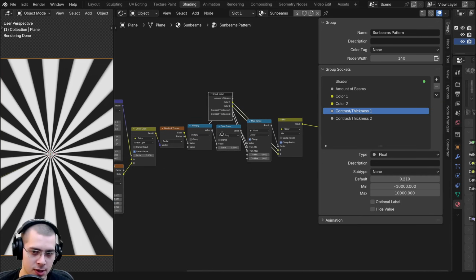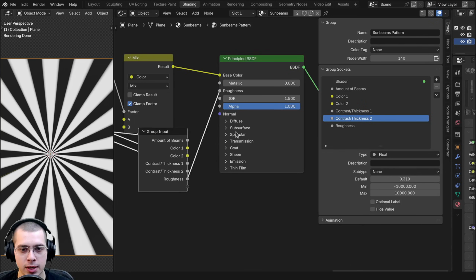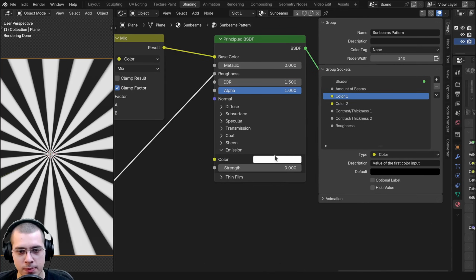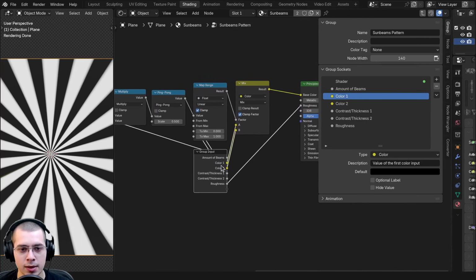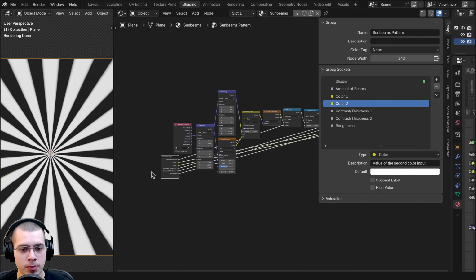Then I want to control the roughness of the material, so let's drag the group input over here, and I can put the roughness into the extra socket. And if you wanted to, you could also add like the transparency or the metallic value or other values. You could also control the emission value if you want to make it emitting light, but I'm not going to add those values. Now I also want to control the rotation, so if I drag the group input back here,